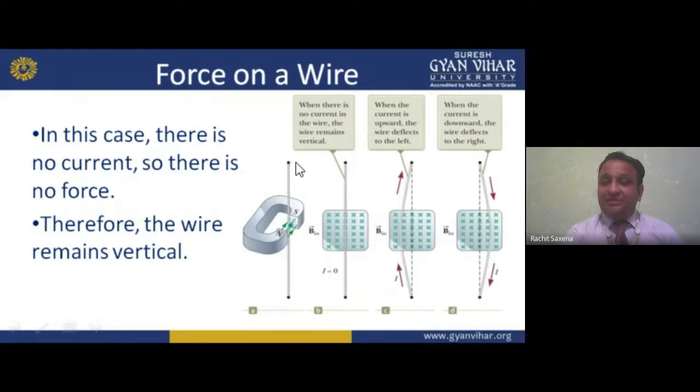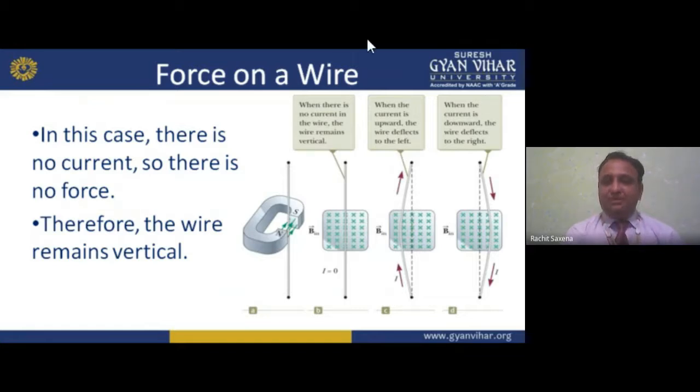Now, in the previous case, called the initial or first case, there is a wire placed in a magnetic field, like this. See, this is the wire. If there is no current, it always remains vertical. It looks like this. I equals 0. But if I apply a current, now it is deflecting, and the current is upward, so the wire deflects to the left-hand side. Here it is vertical. Now if I push the current, it deflects like this, to the left.